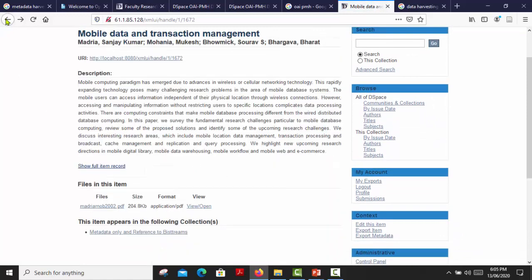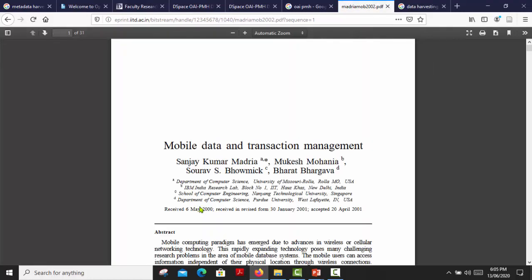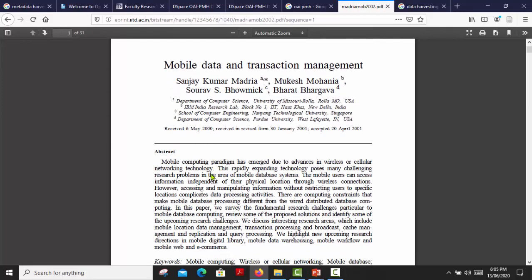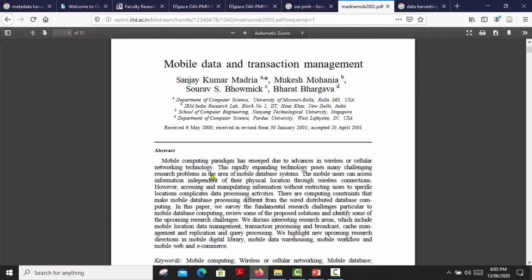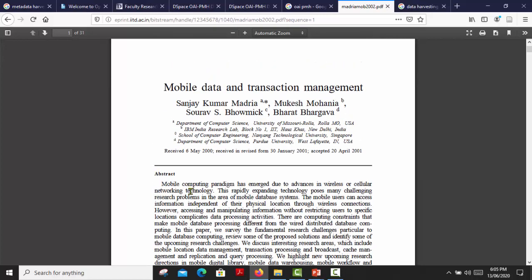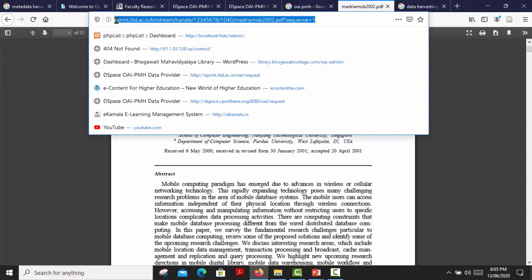Okay, it's harvested and I'm going to check the files, that is, check that bitstream. I'm clicking view and open. See what happened here. The file is open. Yes, this is that PDF article, maybe a journal article, but see the address in the web browser's URL box.